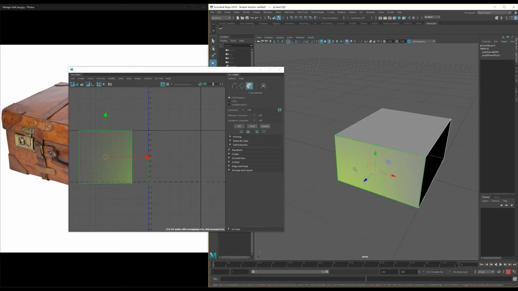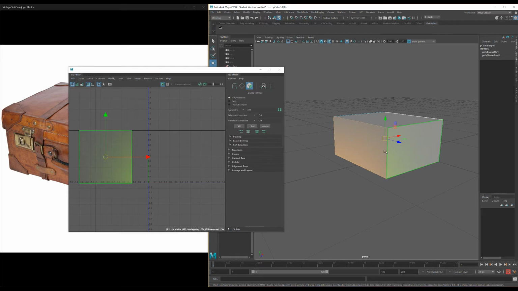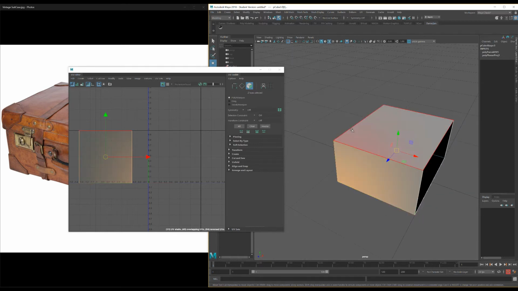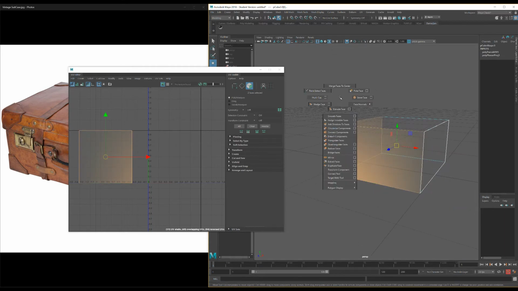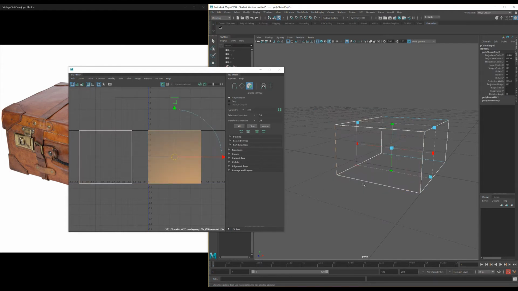Now I'm going to go to face mode, and I'm just going to select these two connecting faces. So this is the front and the side. Let's hit 4 so you can see that. All right. See how I just have those. Then I'm going to hold shift again, go to mapping, and map that on Z as well. Now in order to get that to unfold, I'm going to double click this corner one,